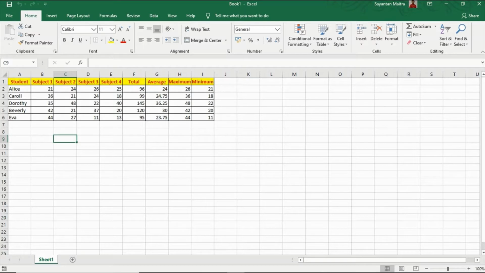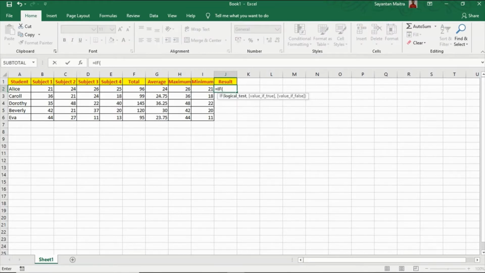You can see that the Book1 workbook is open, and I have used this same workbook for my earlier video. So here in the J column, we will have the result for the students. Here we will use the IF function, and if we open the bracket we can see that there are three elements: logical test, value if true, and value if false.